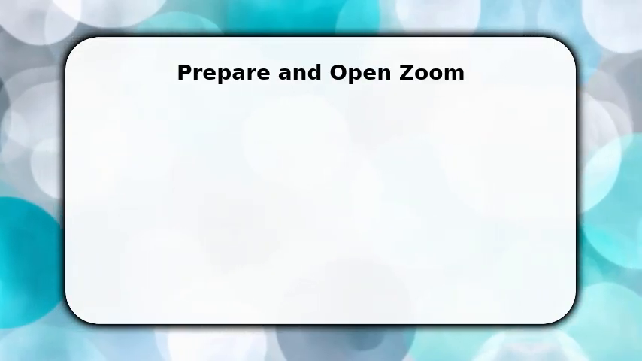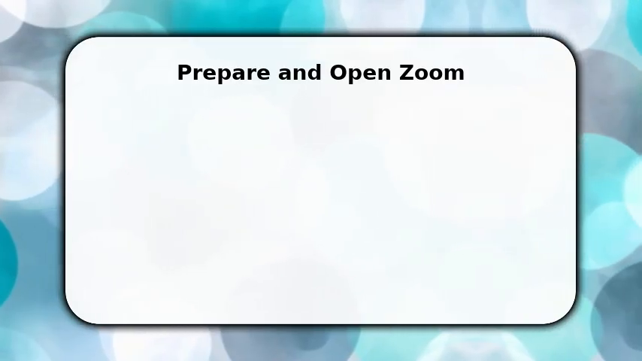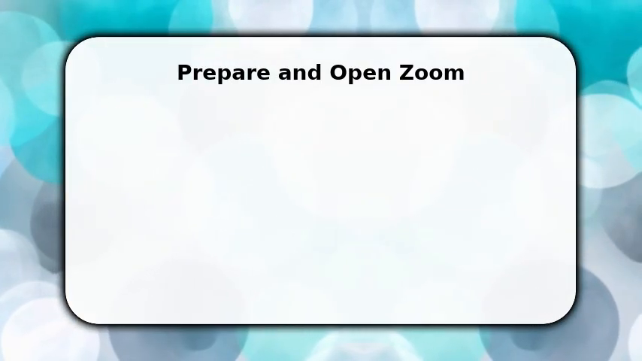Now open Zoom, sign in with your account or join as a guest, and tap Settings, right arrow, Meetings to check video and audio preferences. Test camera and microphone with a quick new meeting so you know how you look and sound before joining the